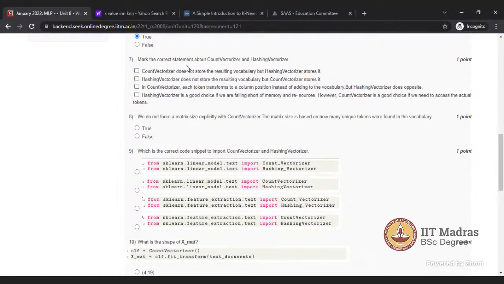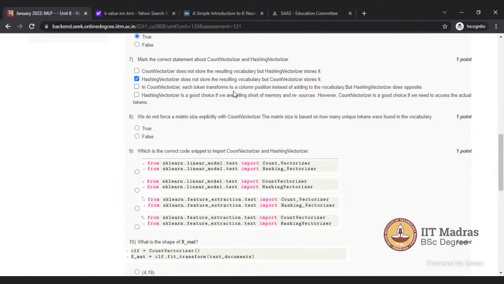Make the correct statement about count vectorization and hashing vectorization. Count vectorizer does not store the resulting vocabulary, but hashing vectorizer stores it. Actually, it's just the opposite. Hashing vectorizer doesn't store the resulting vocabulary, but count vectorizer stores it. In count vectorizer, each token transforms to a column position instead of adding to the vector, but hashing vectorizer does the opposite.